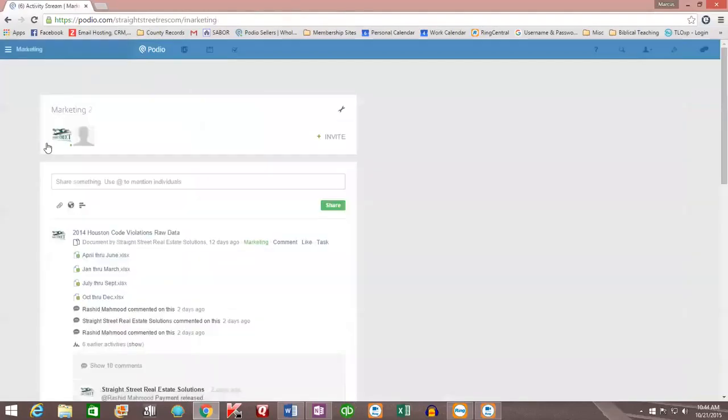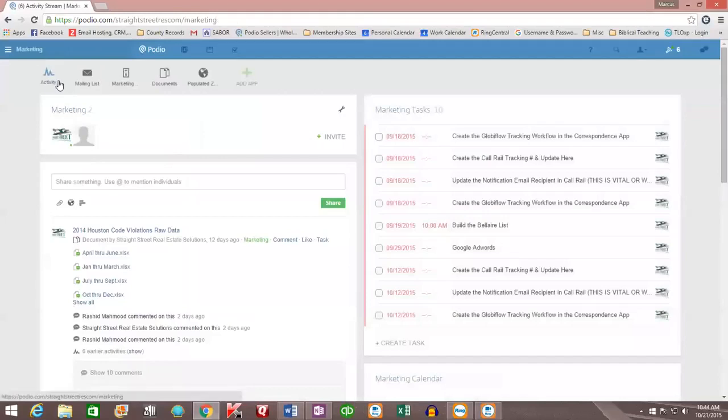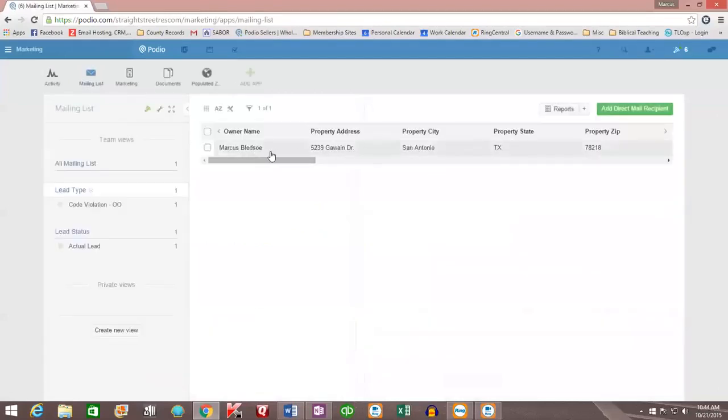So then we have our marketing workspace. And within the marketing workspace, you have 4 apps. The first one is our mailing list app. And here in the mailing list app, what you're going to find is